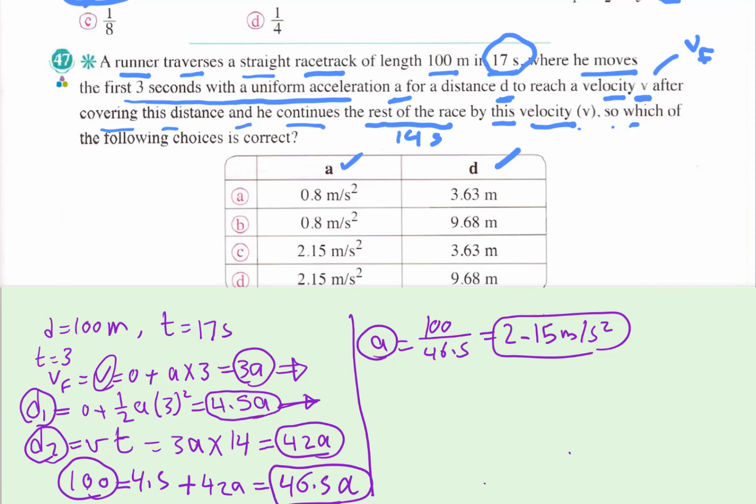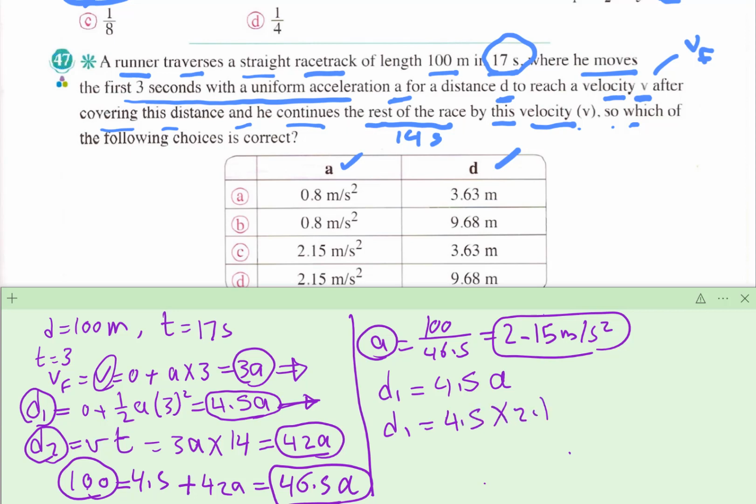We have D1, the first distance, equal 4.5A. So D1 equals 4.5 times 2.15, approximately equal 9.677 meter. So we calculated the distance he covers in the first 3 seconds, and also we calculated